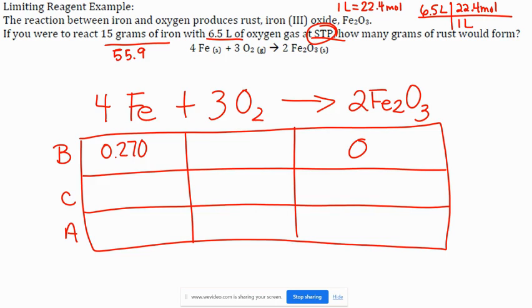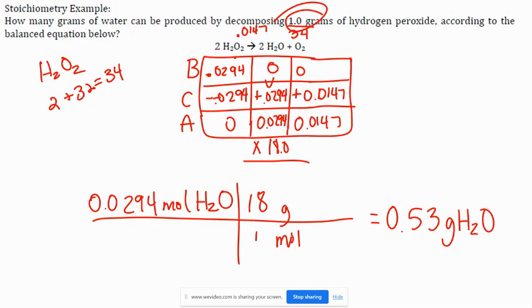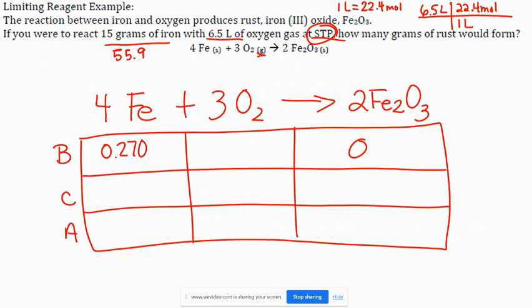Does the 1 liter equals 22.4 moles only work for gas? It only works for gases, yes. You can only use it for gases. But oxygen is a gas. They told us that in the problem right here. So it works. So we are going to multiply across, divide by the 1 in the bottom, and we end up with,